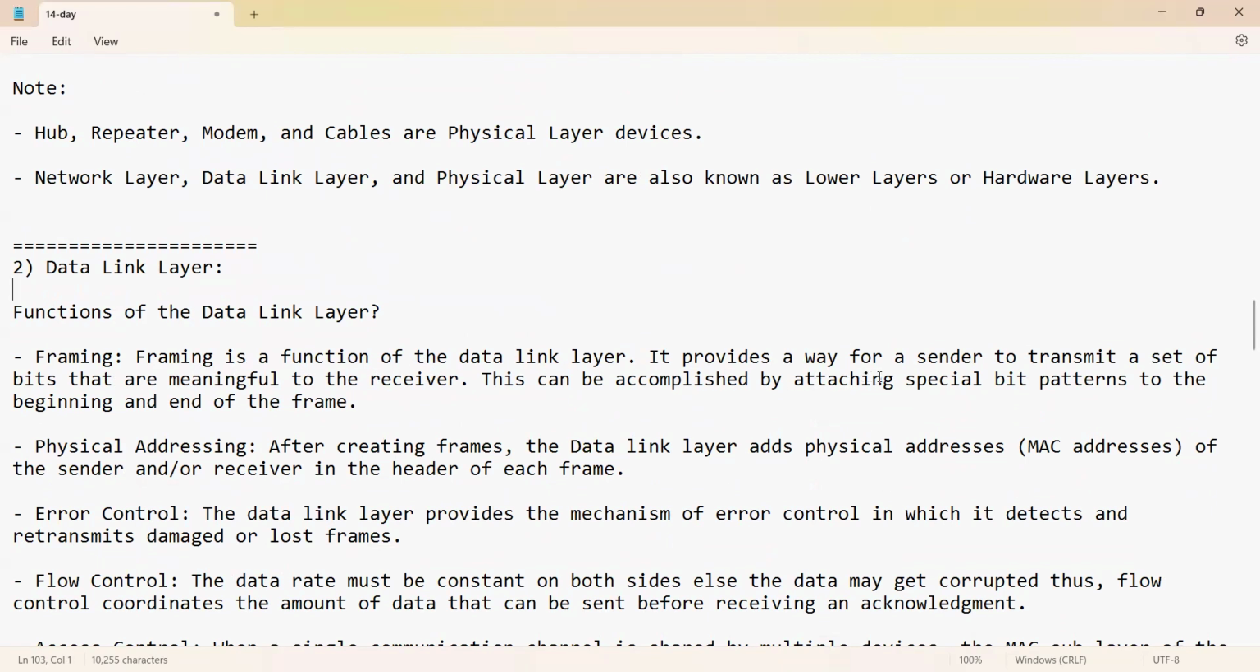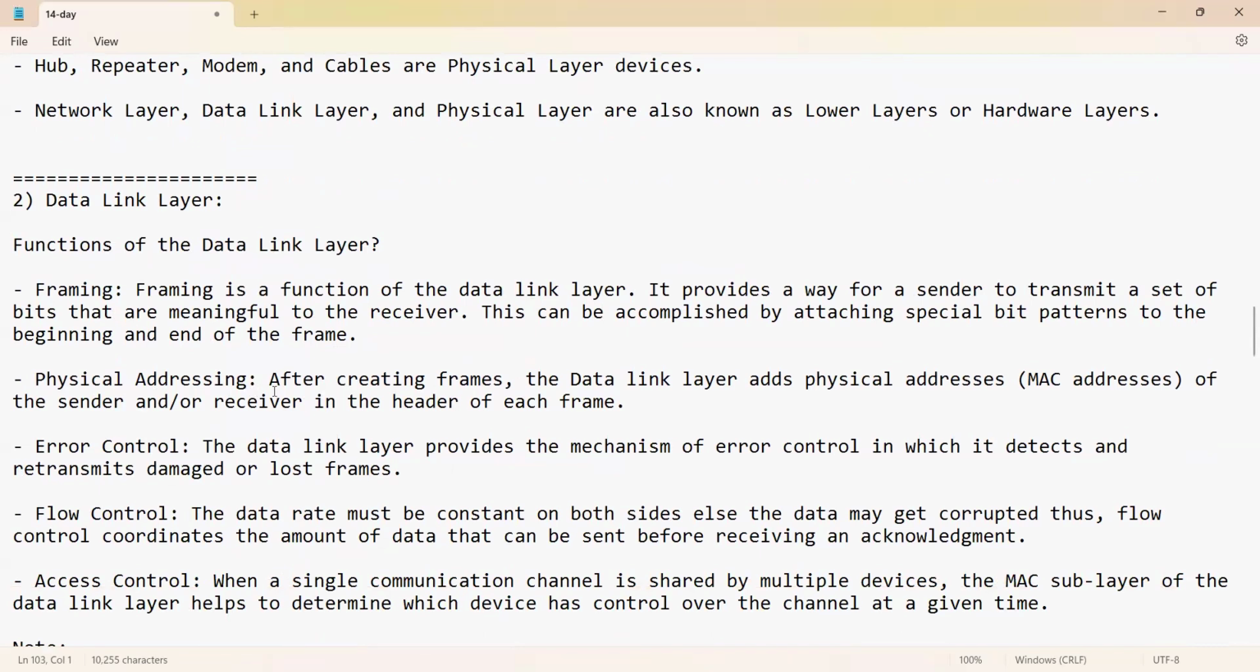It provides a way for the sender to transmit a set of bits that are meaningful to the receiver. So what data you are sending via email, the same data you need to receive at the client as well. So that is the receiver. This can be accomplished by attaching a special bit pattern to the beginning and end of the frame. Next, physical addressing. After creating frames, the data link layer adds physical address